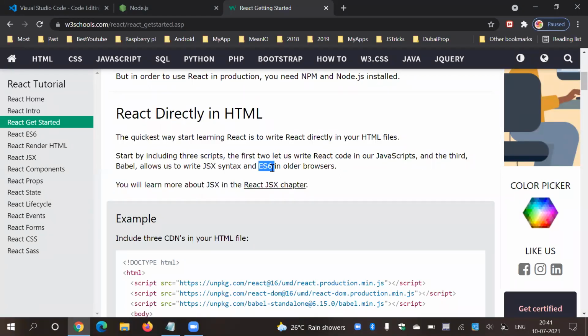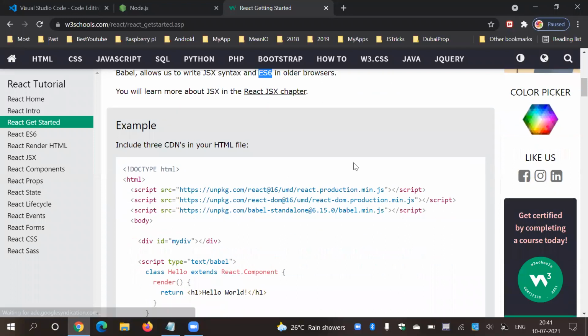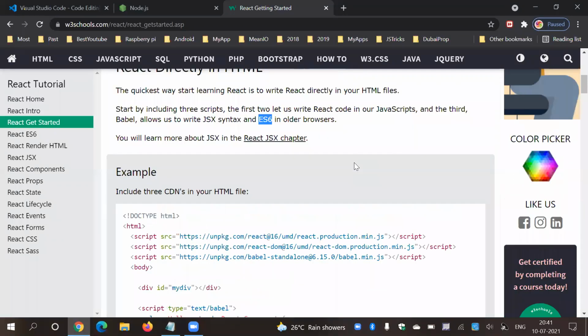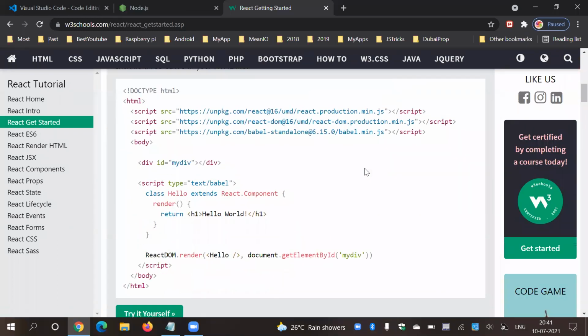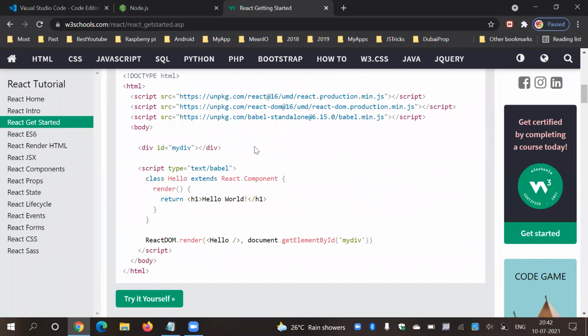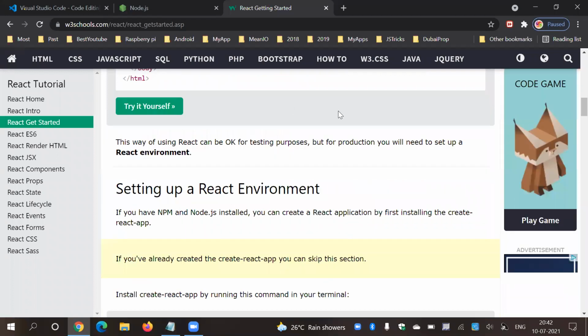I already explained what ES5 and ES6 are in my previous sessions, where I took JavaScript sessions, and this is very much required for advanced frameworks, guys. So if you don't know ES6, ES5, then please go through those classroom sessions, and please skip this part. As of now, we don't need this part. So start from here, setting up a React environment.